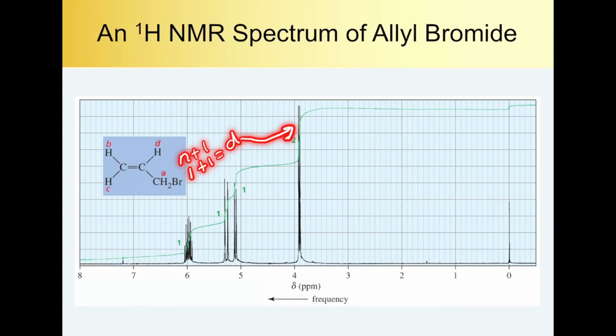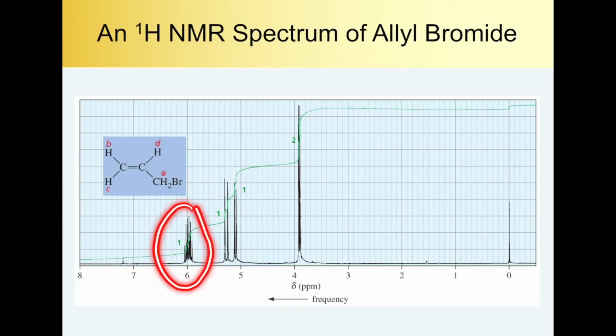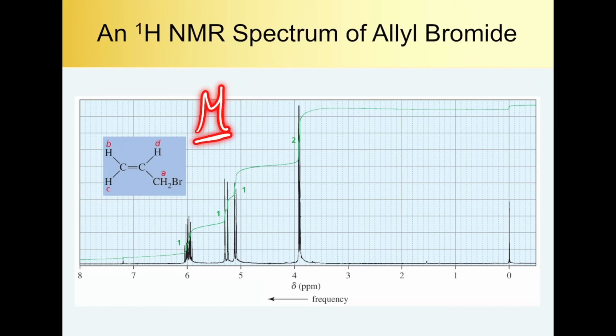Okay, let's go on to the D protons. The D protons are going to be split by B, C, as well as A, and therefore you can see that there is a multiplet at about 5.9 delta value. The B and C protons are both non-equivalent, and what happens here is the B proton will first be split by the D proton as a doublet. Remember our value for n equals 1, and it's n plus 1, which would be a doublet. So you will see a doublet first, and this doublet will again be split by the C proton, which would look more like a doublet of doublets,